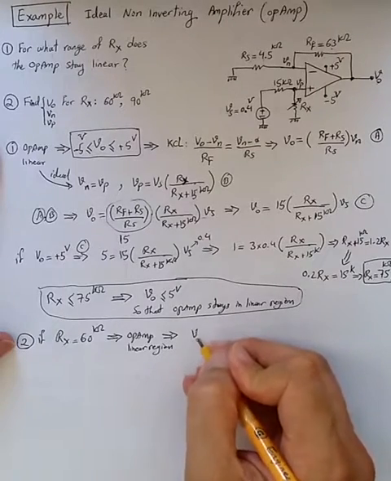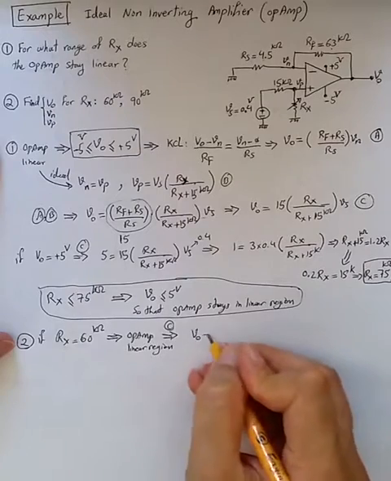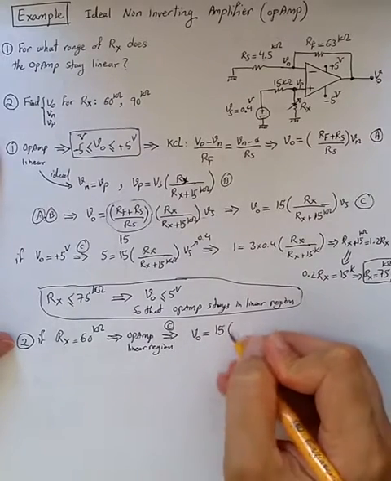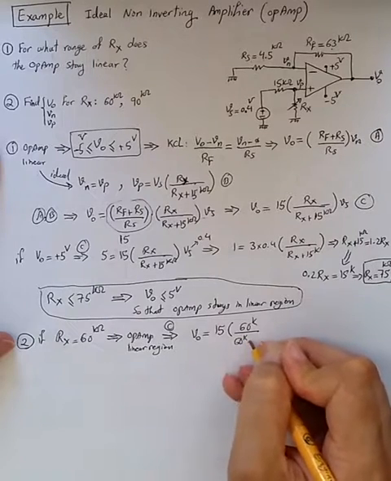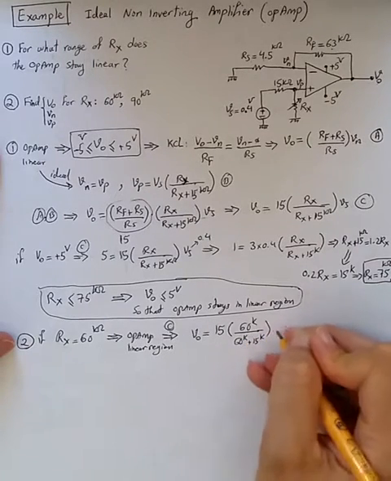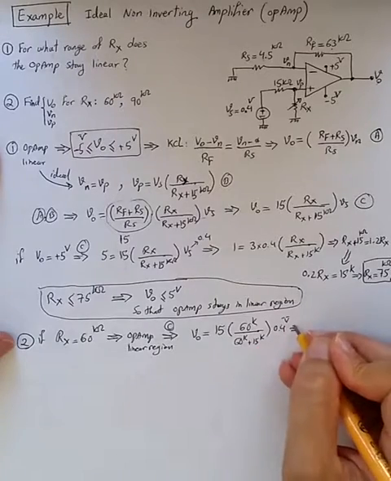So we can say VO from C is 15 times 60K divided by 60K plus 15K times 0.4 volt, that is the Vs, which means